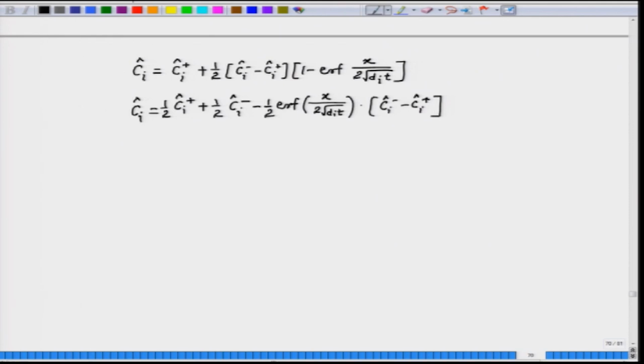Now, if we want to get back to the original basis, because we want the solution for composition in the original basis, we first need to convert this into matrix form. So, if we write this in the matrix form, we get C cap is equal to half C cap plus, plus half C cap minus, minus half